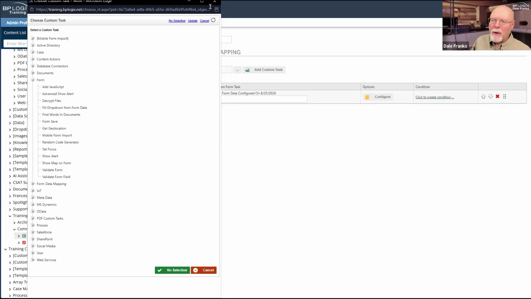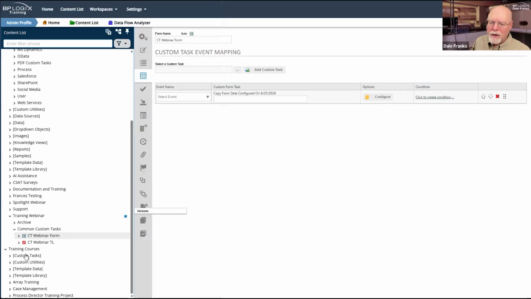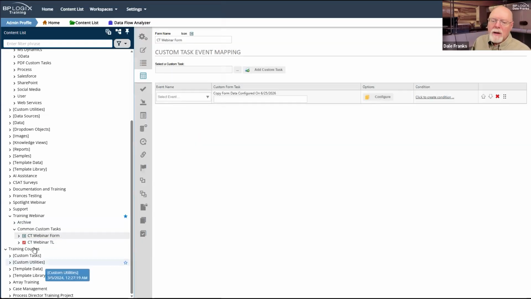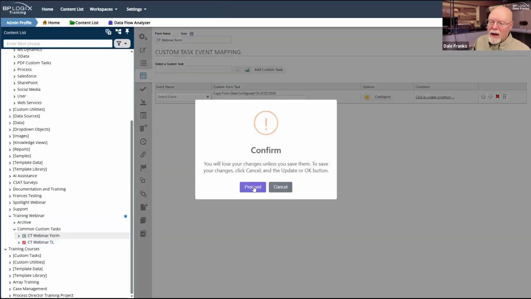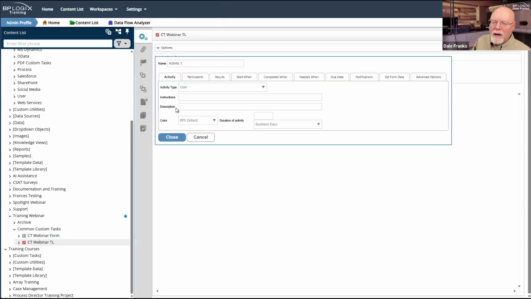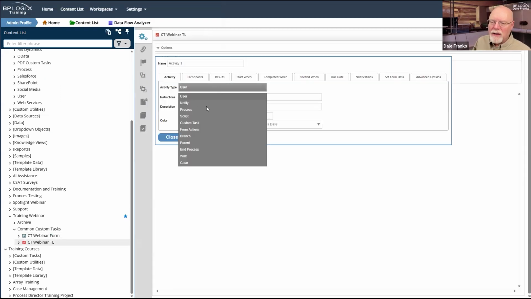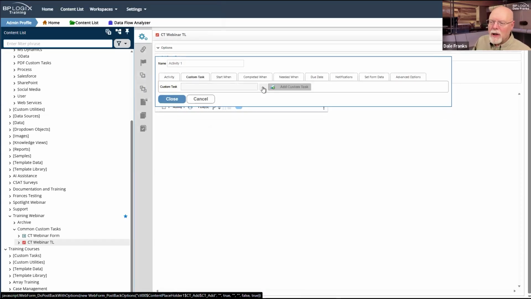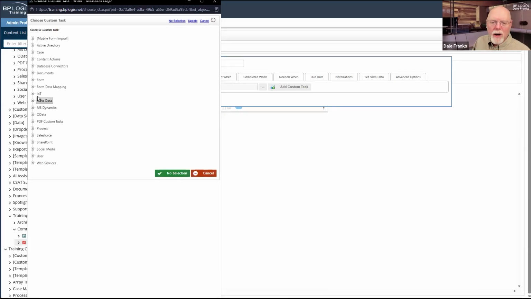Let's take an example here. I'm going to close this. We're going to go back to the process timeline. So let's say that I am, yes, proceed, please. I am going to run a custom task, and I don't think I actually saved any of the notifications here or saved any of the configurations. So we're going to go here to the custom task, and we're going to go back over here to form.